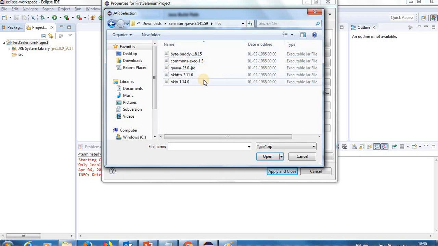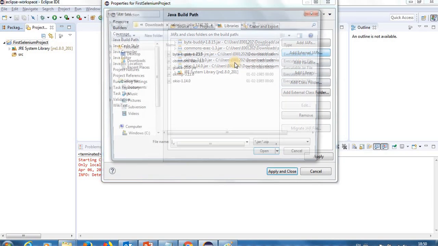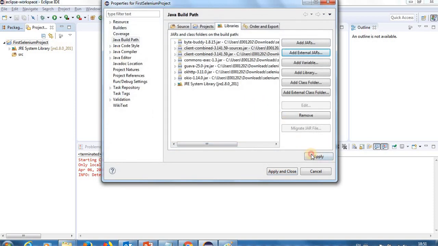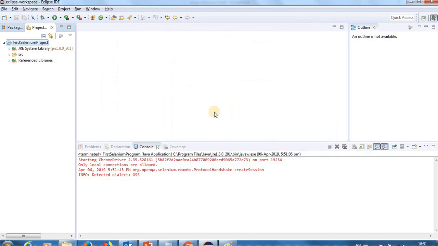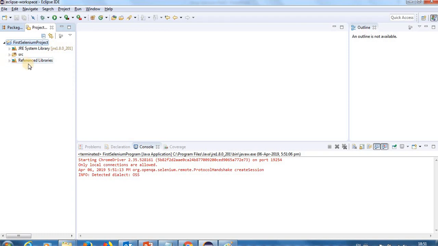Click on libs, select all the jar files, and click open. There are a couple of jar files outside the libs folder, so you have to select those as well, and click on apply and close. So here we go, you got your reference to libraries whatever we have configured,